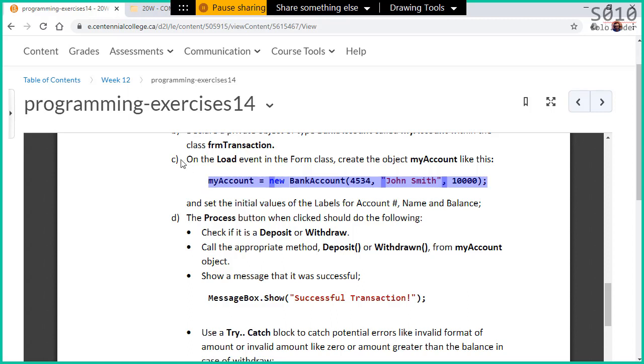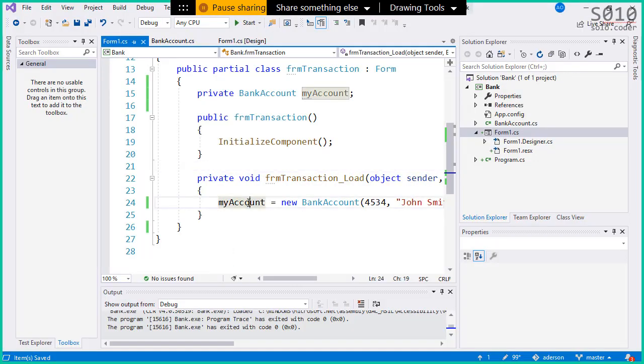Okay, so here we have, in the onload event, we create the my account object, we set the initial values, and set the initial value for the labels as well. So we're gonna have two sets: account number, name, and balance, according to the properties of our my account. Okay, so I'm gonna go back to the code, and I'm gonna say in the load,